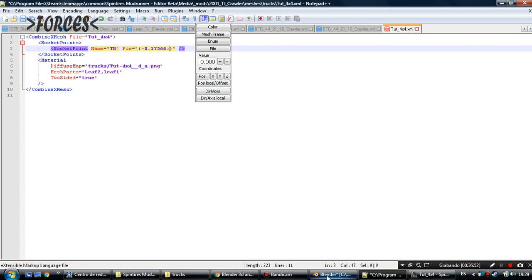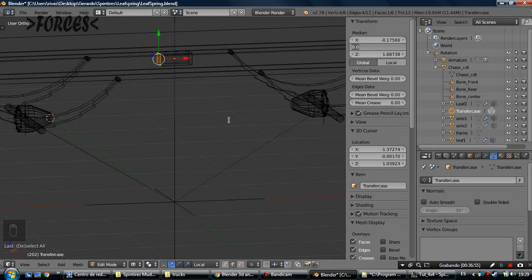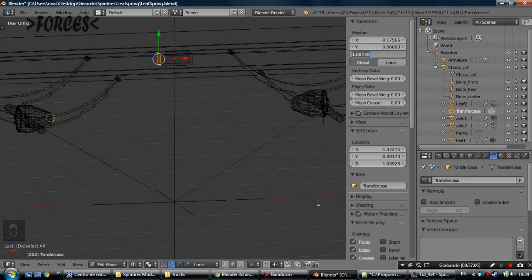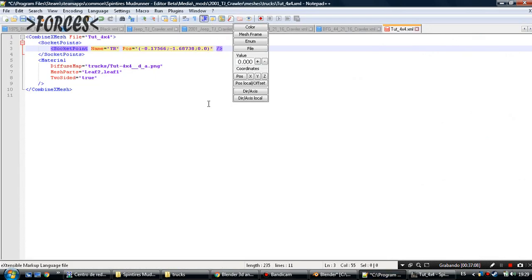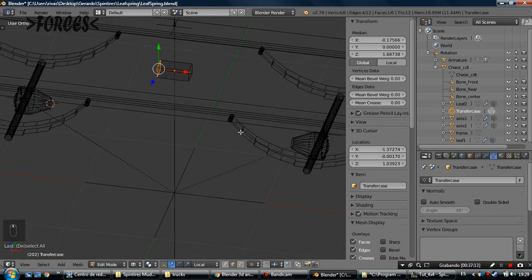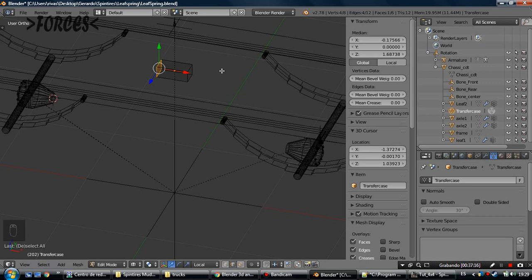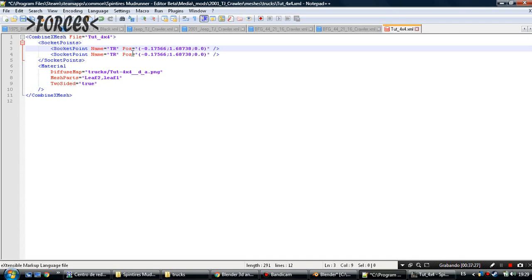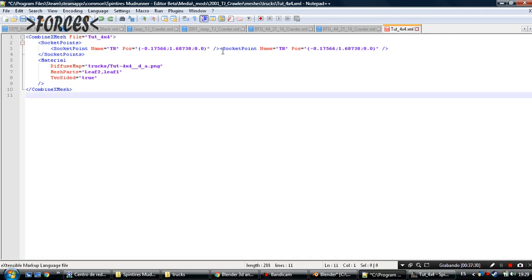This is the X value. I press tab. This will be our Z value. I add another point and comma, and this will be our minus value. Why minus? Because it should be rotated. Oh wait, this is our height value actually. The Z is our height value. Okay, it's actually good. Now I duplicate this and format my XML, see,